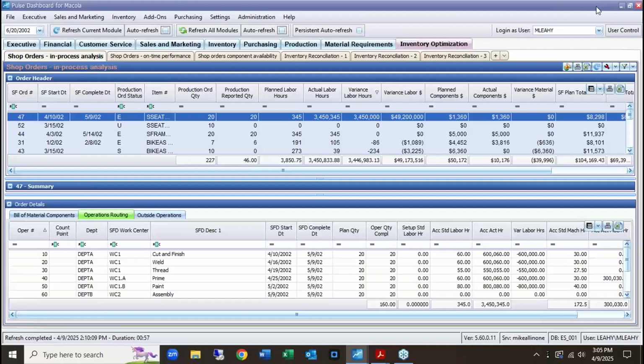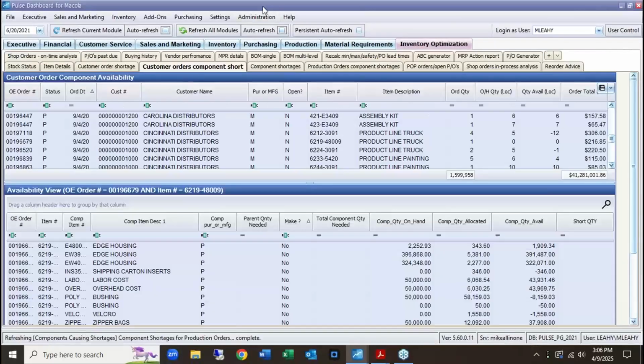Okay, the next one, we're on number 7. It says open purchase order component shortages, and we really looked at that before. Let me find where I am here. I'm in the wrong database. Here, I'm in an ES database. I'm in a progression database, and you'll understand that because I have some shop order reports that I want to